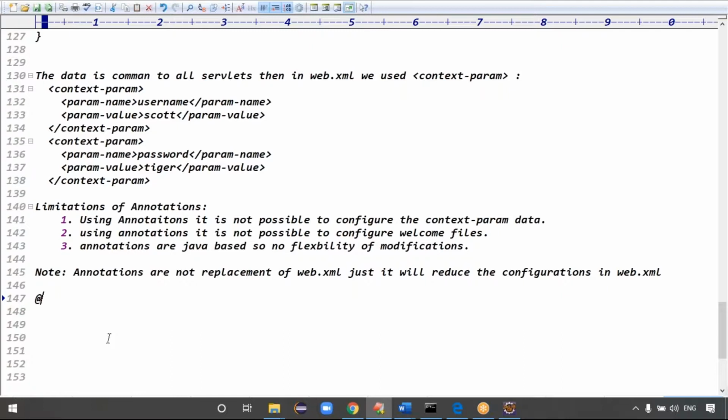So if the Spring faculty is a good faculty, he will write the code with the Java based configurations and XML based configurations. Both can be used. A good faculty will write at least two examples of the Java based configurations and XML based configurations. But if he is teaching only Java based configurations or only XML based configurations, you will not get the clarity.